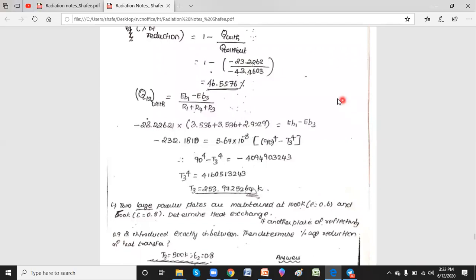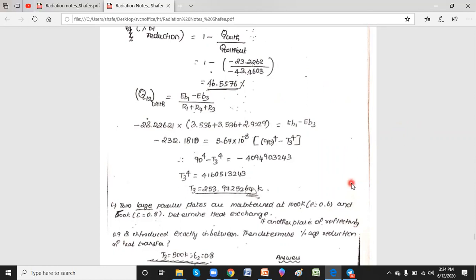Let me just revise. Radiation shields are devices which reduce the heat transfer between two non-black surfaces. Whenever a shield is added, you are going to see a reduction in heat transfer because the shield acts as a highly reflective surface. We have discussed three models of problems: two parallel planes, two concentric cylinders and spheres, and finally the last problem with the cylinder and a large room. I hope you understood these problems, and similar examples you will find in these notes. Just go through this and definitely you will understand the problems. And with this, I conclude.